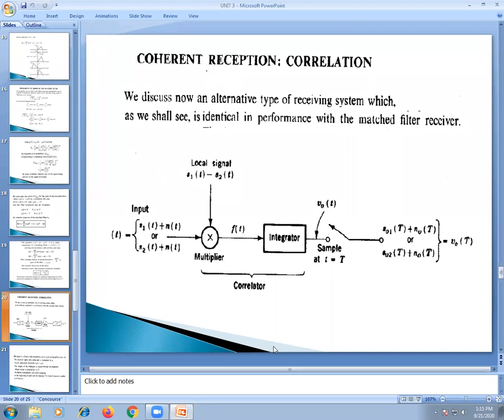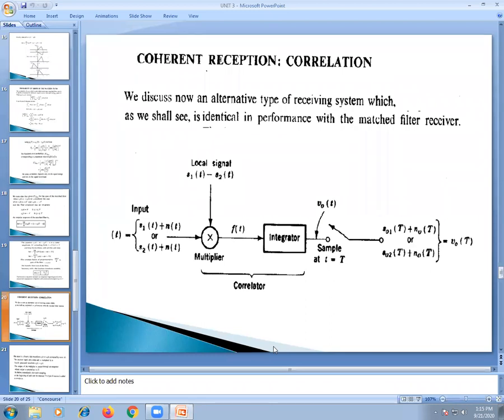Whereas in the previous topic, the 1 by s term starts at t is equal to 0, e to the power of minus s t by s term starts at t is equal to capital T. So one term starts at t is equal to 0, another term starts at t is equal to capital T. So at t is equal to 0 and t is equal to capital T, those two signals, one at origin, another at reverse polarity at capital T.